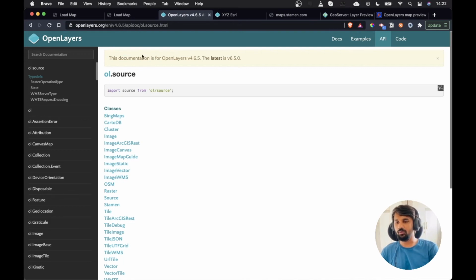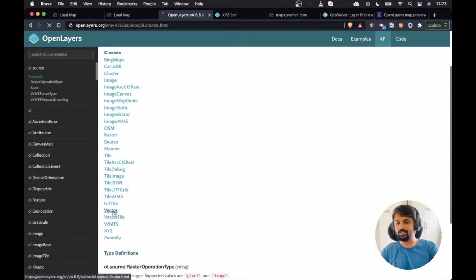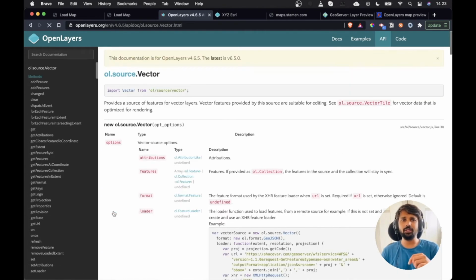If I look for the ol.source.Vector, you will see that vector data is usually a combination of different types of data streams. First, you can create a vector layer based on the OpenLayers features that you can create, which is the single entity of each individual feature, or you can also load URLs. In this format though, the URL will be a URL which will download the GeoJSON or KML or KMZ or any such files.